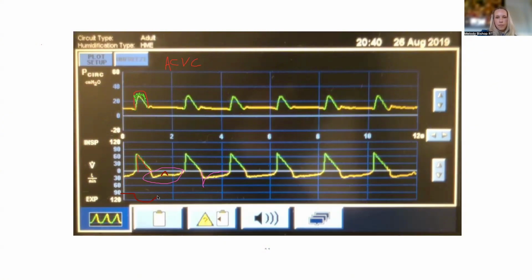As I think you said before at some point, and I say it too, expiration on the mechanical ventilator should be a passive phenomenon, right? We should just breathe out, and that energy, that work of expiratory breathing, should be supplied by the stored energy that you load during inspiration into the elastic tissue of the lung and the chest wall. But that's not what's happening here, right? The patient's working the whole time.